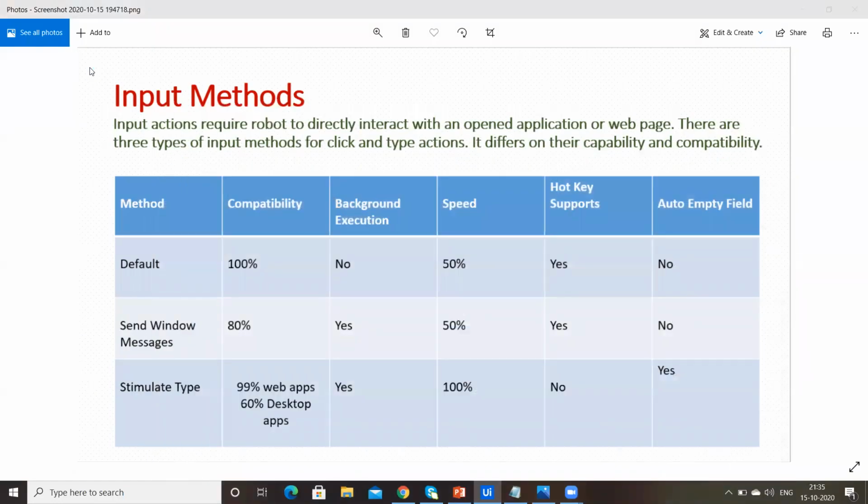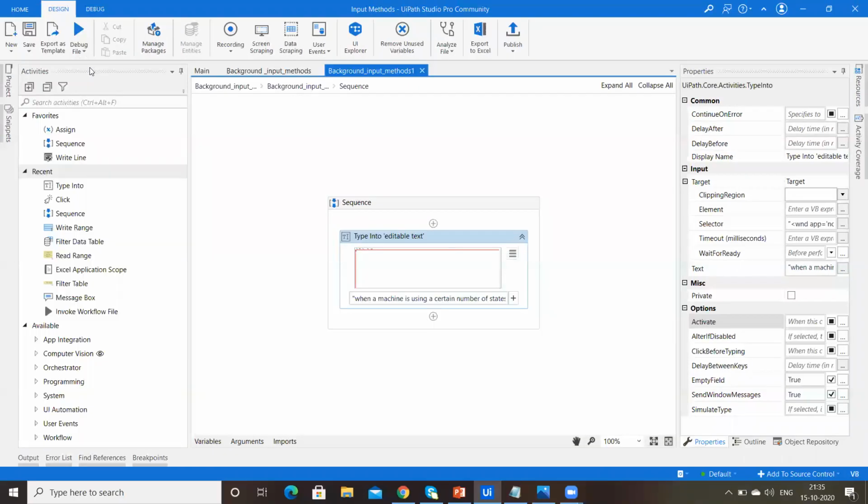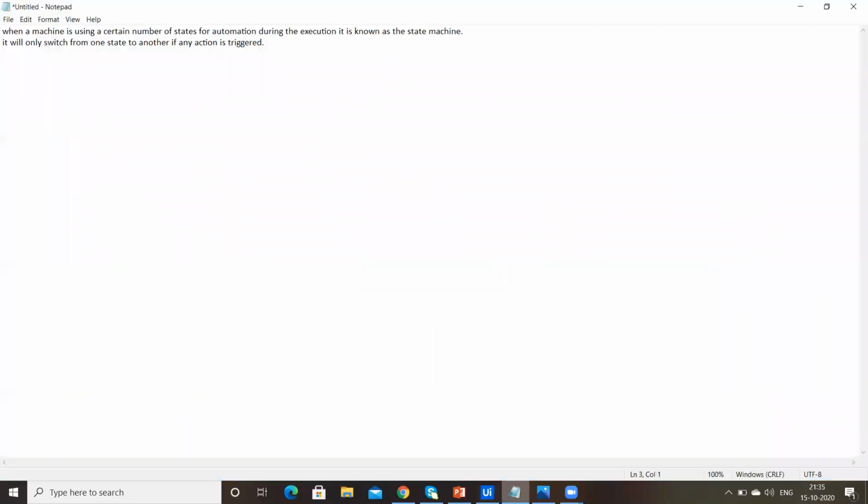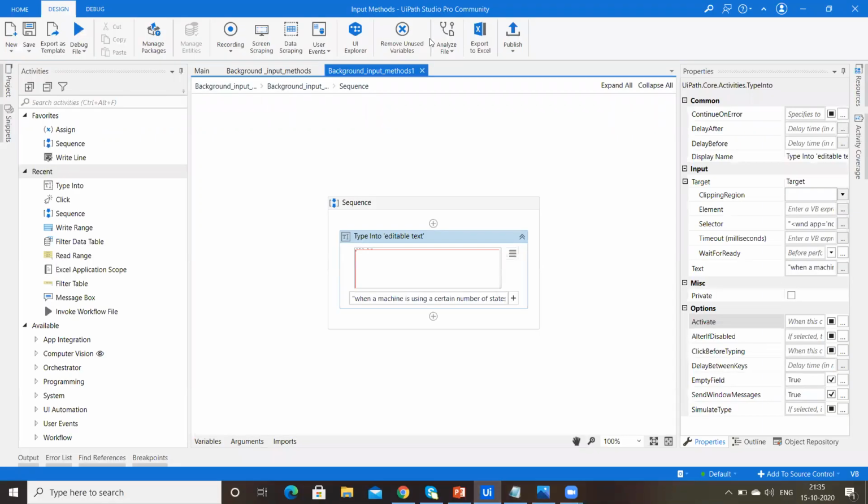Now we'll see whether it will work in background execution or not. It is running actually. Once after successful completion of running, let's open the notepad. Yes, the data whatever I put in the type into activity is present here. Yes, it is working on background execution.